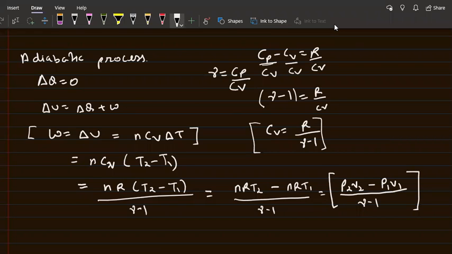Because the formula is the same now, right? Someone can think that if the formula is same, then work done should be same. But how can work done in a reversible process be the same as in an irreversible process? It's not possible, right? So what will be the difference? Because the formula will be the same, right? Because nC